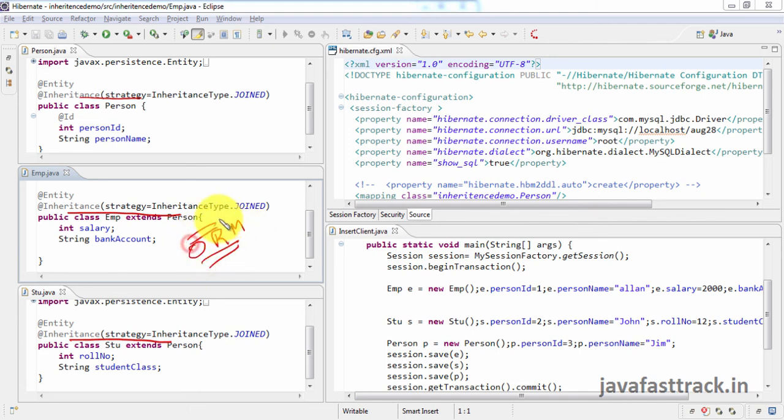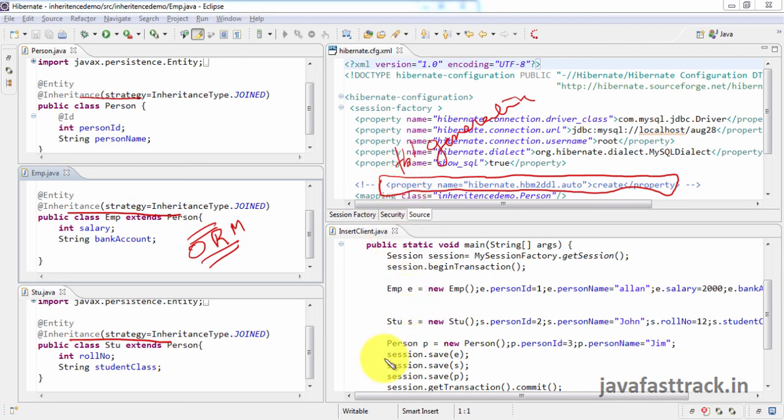Now if you are doing this, Hibernate can automatically create the tables. For that, whenever you want to drop and recreate the table, you just put this line in the Hibernate configuration file. So this is for table generation. Finally, it's a client program.